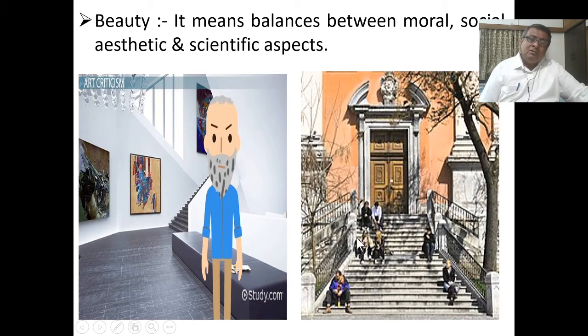He has given a big staircase in front of the opening so that people can sit and relax when they have leisure time from the library, relax outside and get some fresh air. So here the architect has tried to balance all the moral, social, scientific and aesthetic aspects.